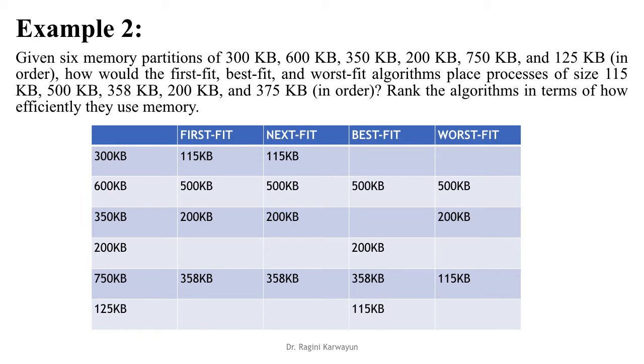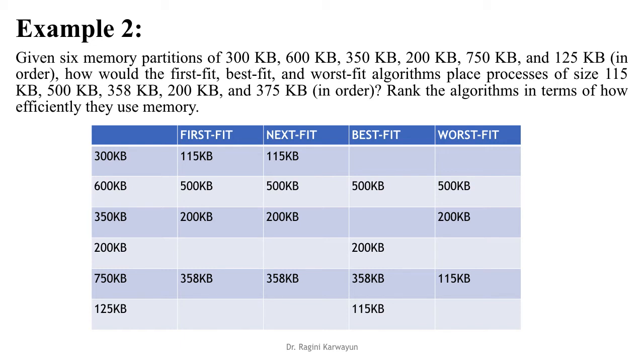Now here in this case, the internal fragmentation is the memory wasted inside each partition, but in this case 325 KB is external fragmentation, that is 325 KB is available here, but it cannot be allocated to the requesting process because it is not contiguous. So this is the basic difference between internal fragmentation and external fragmentation.